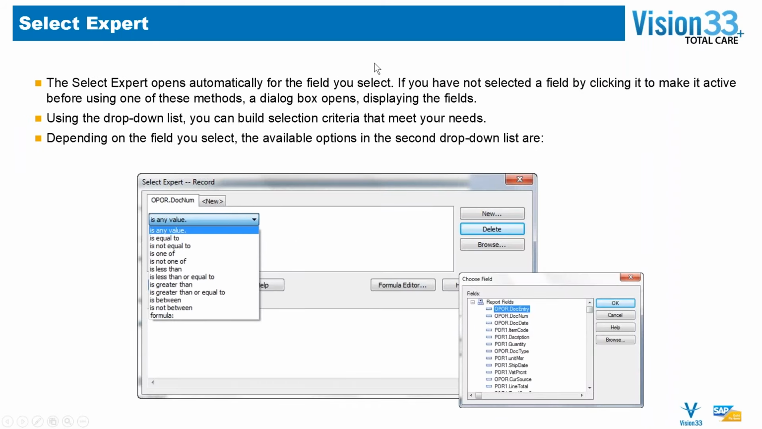The Select Expert will open automatically for the field you've selected if you do it right. And if you haven't selected a field by clicking on it before using one of these methods, then you can open a dialog box and it'll display the fields for you and you select which field you want to apply the filter to. So using the drop-down list, you can build selection criteria that meet your needs. And now, depending on the kind of field you select, the available options in the second drop